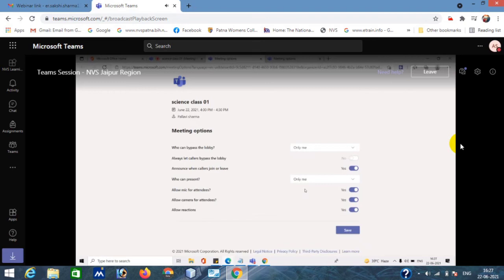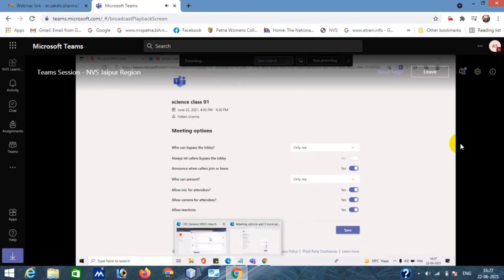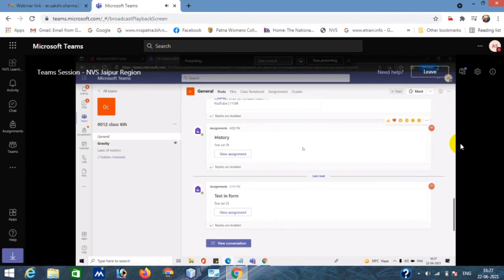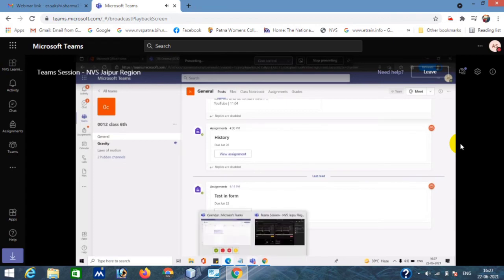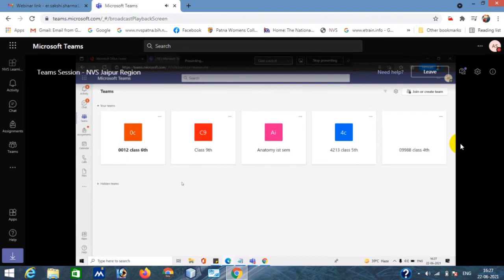Also, if you apply the lock, this person is not allowed to enter into the meeting. So this facility, I think in our team's environment or maybe in A3 it is allowed, but in A1 I'm not sure about this. So the lock meeting facility is applicable, and you can find this lock meeting facility in the meetings only.